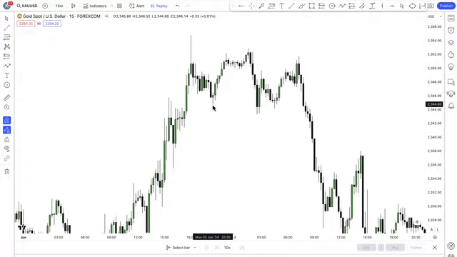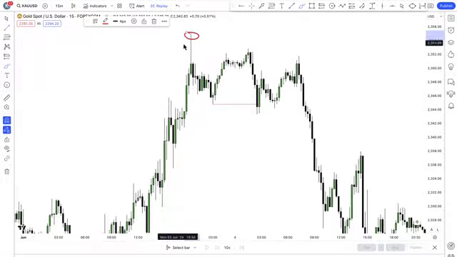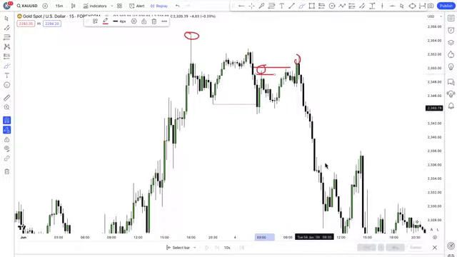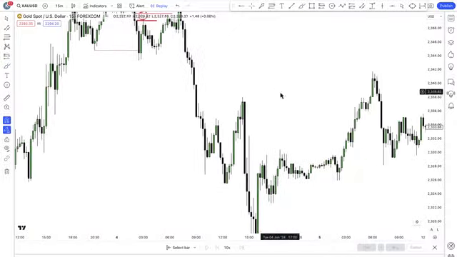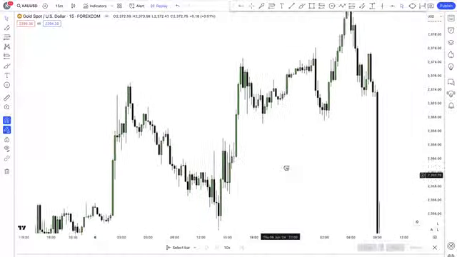You can see shift in market structure. Every time price shifts structure in your point of interest, this was a point of interest above a particular high. Price shifted structure, and then it came back right here. Taking it from here, not here. I wouldn't have seen this. It was here, honestly. I'll be honest with you. But then price went lower. A perfect example, but the recent one was here.